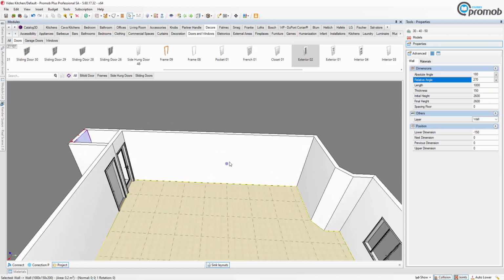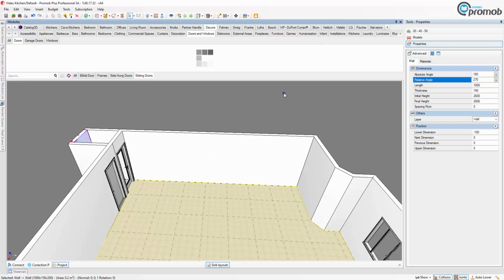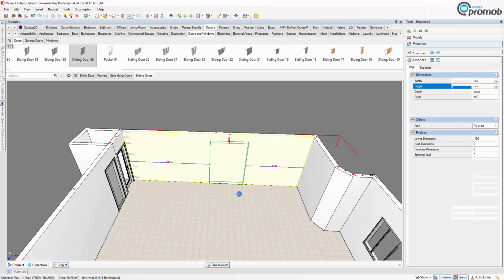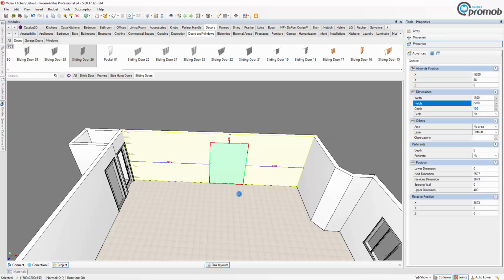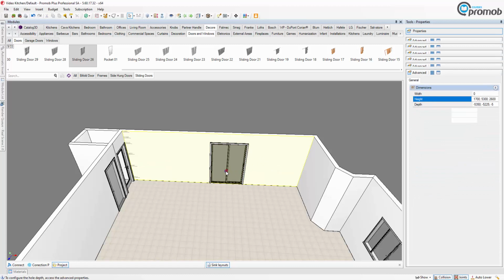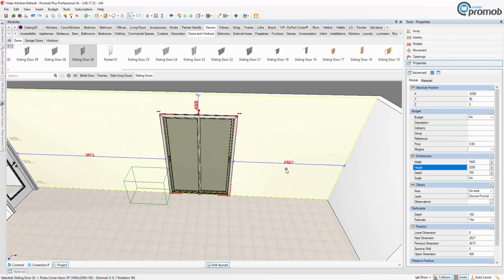and you know what I'm going to do? I'm going to put a sliding door or something on here just to give us a little bit of light. Sliding doors, let's put in a sliding door. I just want like a standard, I don't need anything too fancy. Let's just go for a standard sliding door on this wall over here. And then I'm just going to line it up to that side, so I'm going to click on it, and you'll see it's